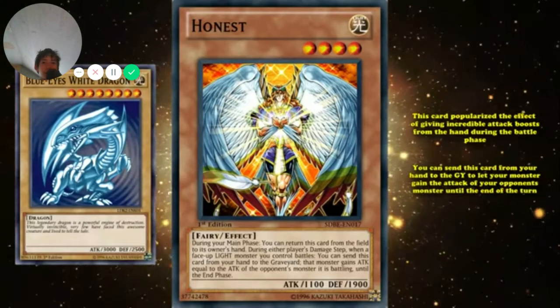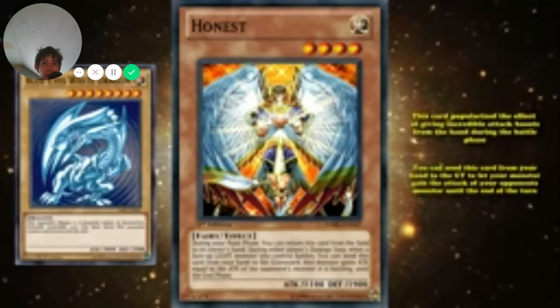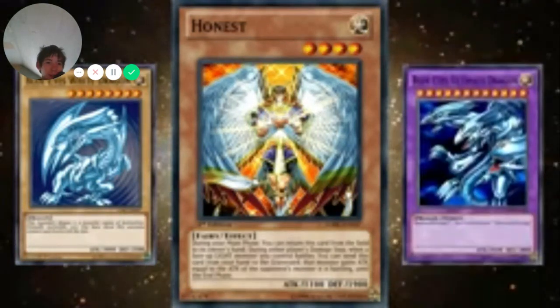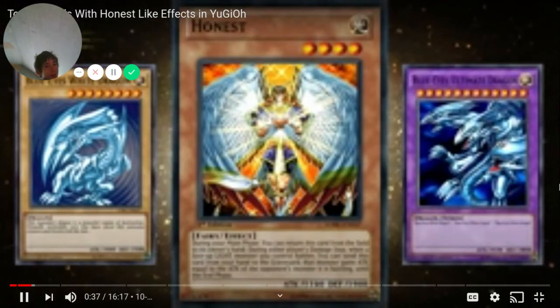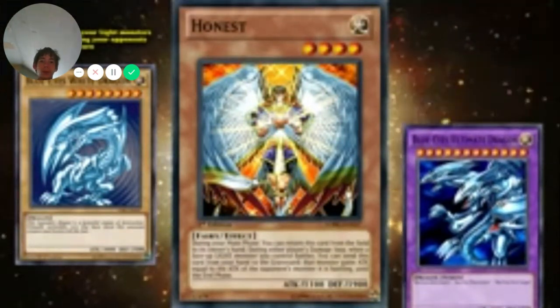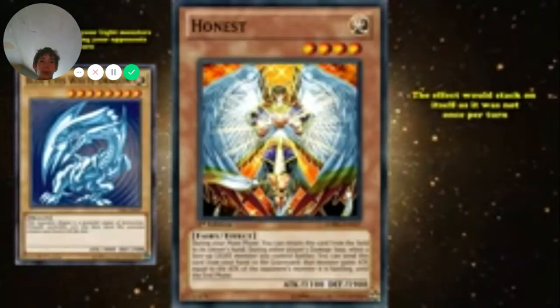The attack of your opponent's monster until the end of the turn. So basically, it allowed any of your monsters with the Light attribute to beat over any of your opponent's monsters, and also allowed you to protect any of your Light monsters from attacks during your opponent's turn. But that's not all. The effect would stack